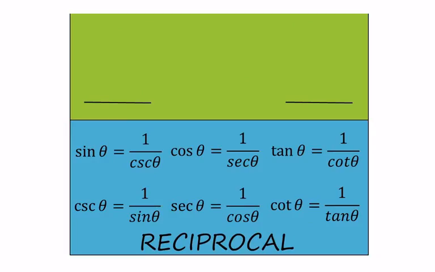The first set of identities are the reciprocal identities, and we learned these in chapter 4 before Christmas. The sine of an angle is equal to 1 over the cosecant, cosine of an angle is equal to 1 over secant, tangent is equal to 1 over cotangent, cosecant is equal to 1 over sine, secant is equal to 1 over cosine, and cotangent is equal to 1